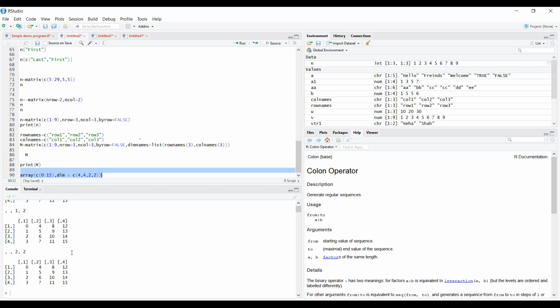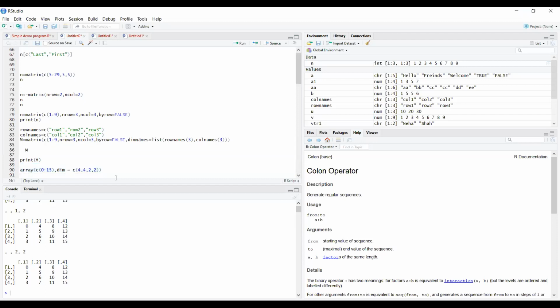You can see that from 0 to 15, the range I have defined, and 1 to 4 I have defined because I have passed 4 by 4 and 2 by 2. That's why it's showing from 1 to 4 and 1 to 4, from 0 to 15. This is how the array is shown, or how we are passing the arrays. So this is all about the array. Is there any problem with the things?